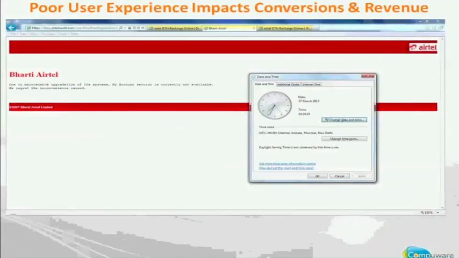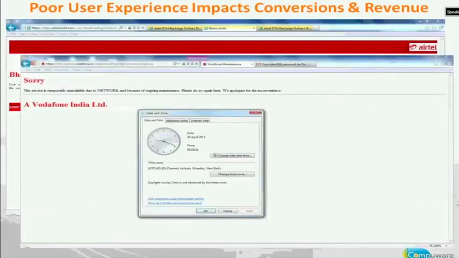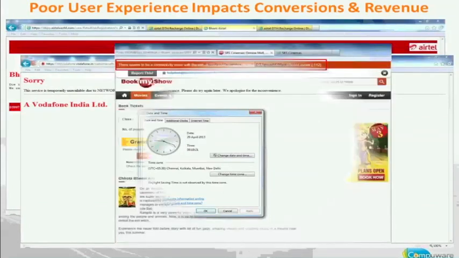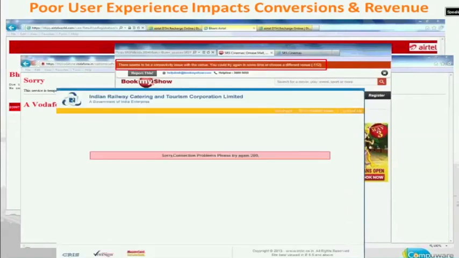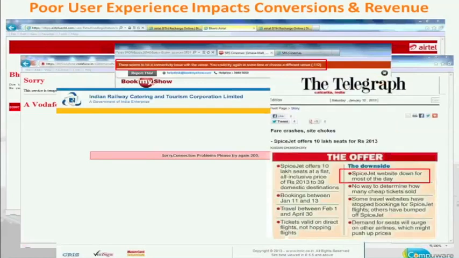In the evening, trying to recharge your television DTH package, the website is not working. Trying to pay your mobile phone bill in the morning, the website is not available. Trying to book a movie ticket on a weekend, the venue is not available due to connectivity. Railway tickets, no surprises. I think everyone on this call would have had some experience of this nature. And when you are running promotional campaigns, like offering seats on your flights, the websites come crashing down. They can't handle the user load.